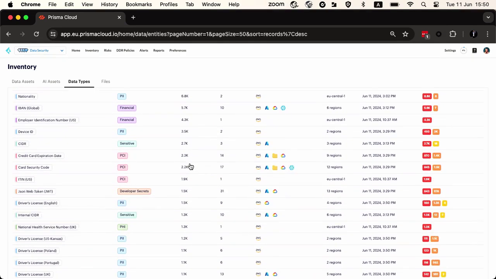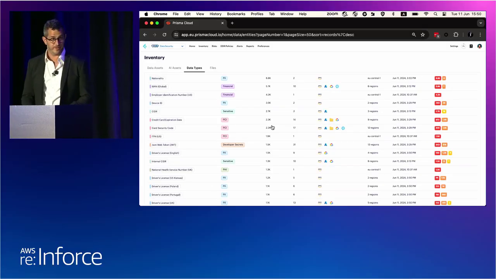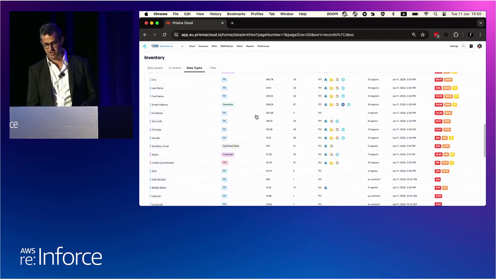Now, many times when we implement a DSPM technology, and of course Tomer will share his own journey with DSPM, customers come with a specific agenda. We have to clean up all secrets until the end of 2024. Or we need to make sure that we don't have credit cards across our environment. Or we need to make sure that we don't have social security numbers. Why? Because we got hit in a specific type of audit, and we need to be able to clean that up. So it's very, very powerful.